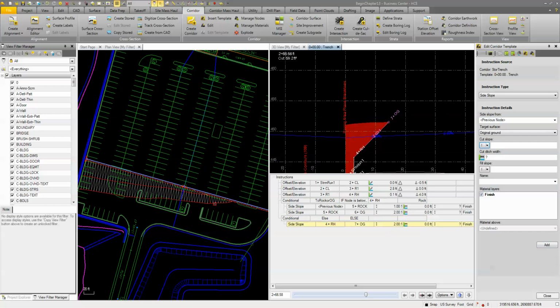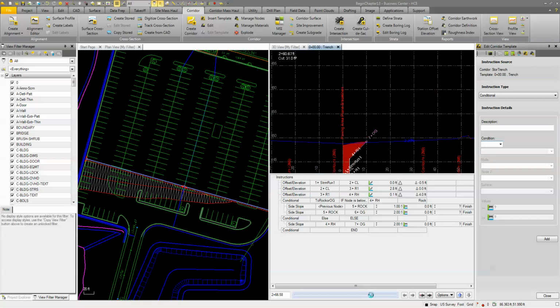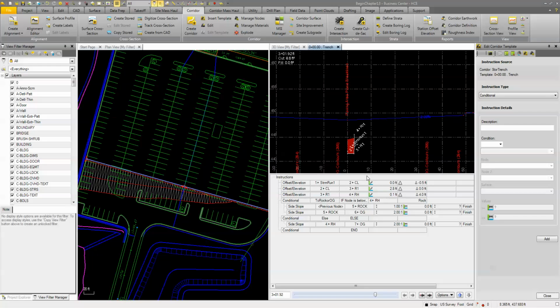So we're going to add that. Right now you can see it picks up this piece right here. Okay. Now what we want to do is end this, so we're going to add another conditional. We'll come in and create another conditional, and we're going to end that piece there. Okay. So if we go down a little bit further towards the end, you can see here it's not doing anything. So what we're going to do is add in another conditional